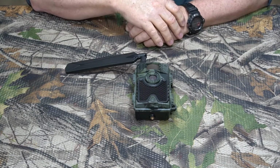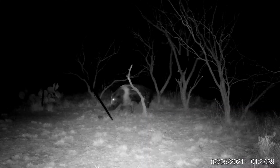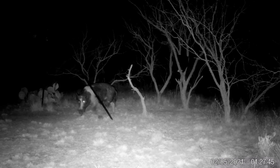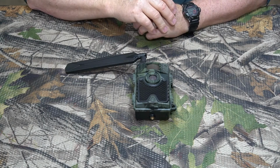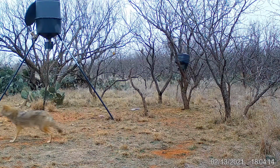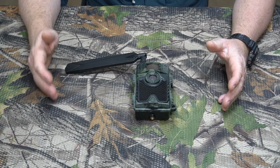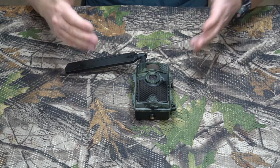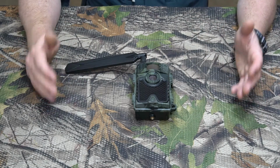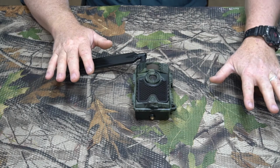All right, so here's a video of that hog that kept coming. Okay, and now here's that coyote in the daytime. All right, so the video, I believe, daytime and nighttime is superb on this camera, as good or better than any other camera that I have used. They're totally good. You know, I have no complaints about the video, day or night, on this